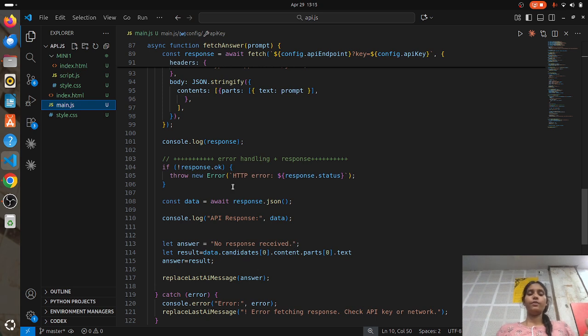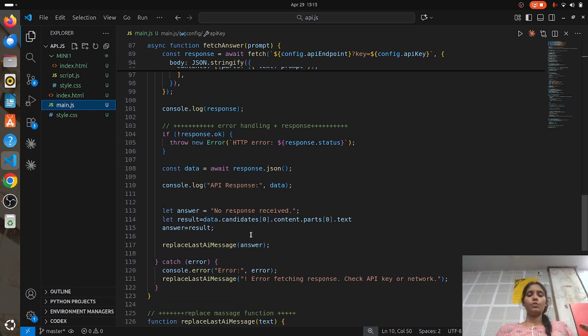If we do not get the response, then it will throw the error, otherwise it will show in the result. How will it show? It is a destructuring part. Here we are extracting exactly the answer text, and we are storing it in result.